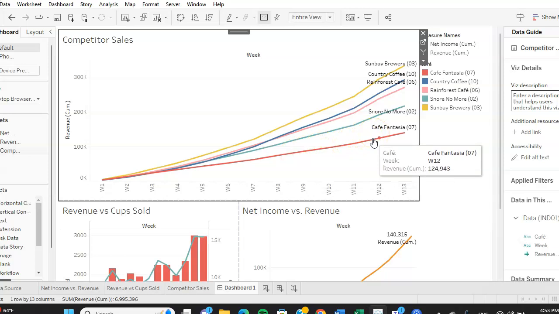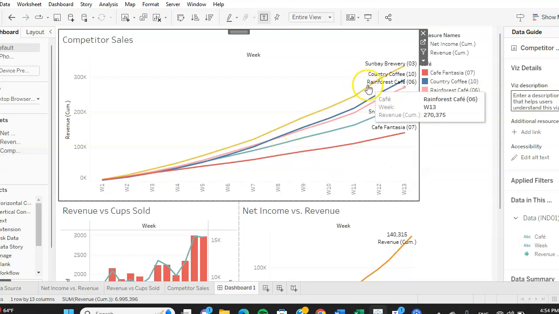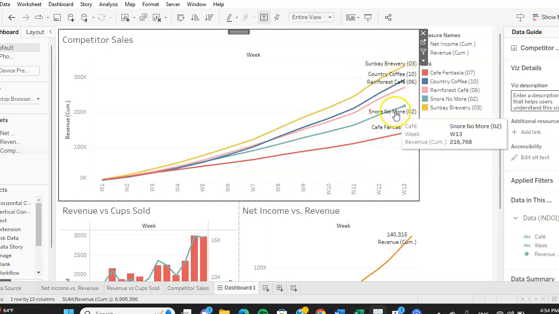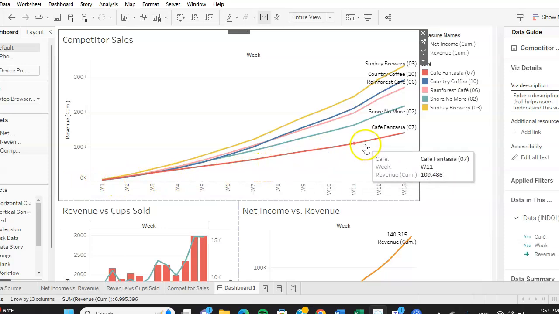This happened due to poor decision making on our part, or the inability to make the right choices in order to completely turn around a business and keep up with the other businesses such as Subway Brewery, Country Coffee, etc. However, as we can see here, our business does still make a good amount of revenue, ending off at 140,315, which is the same as the revenue shown